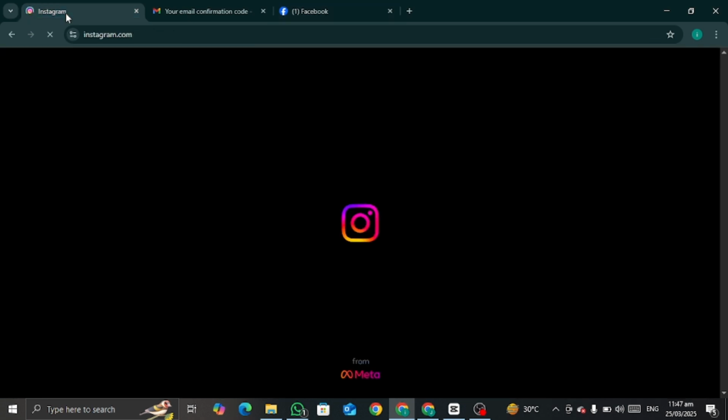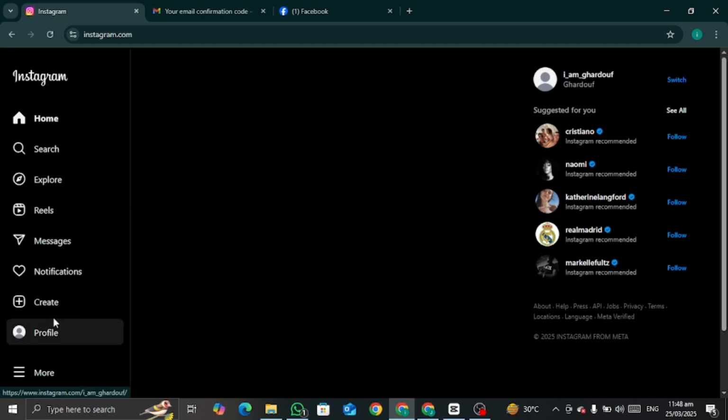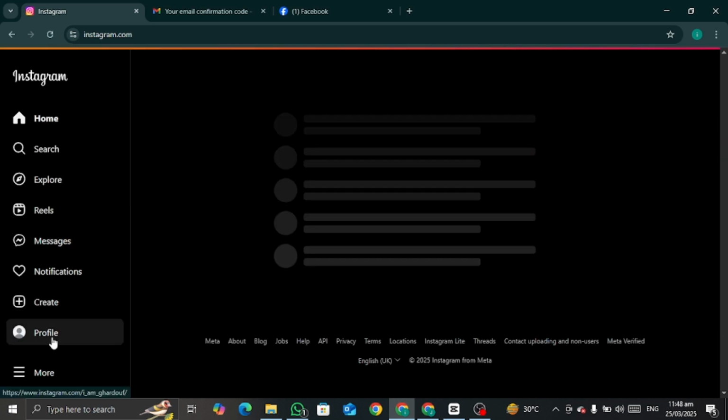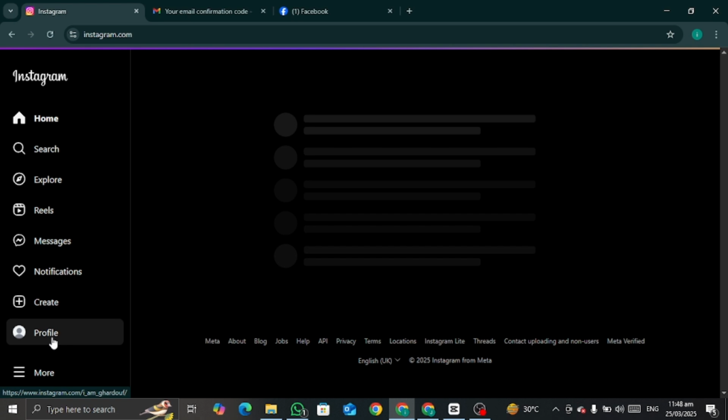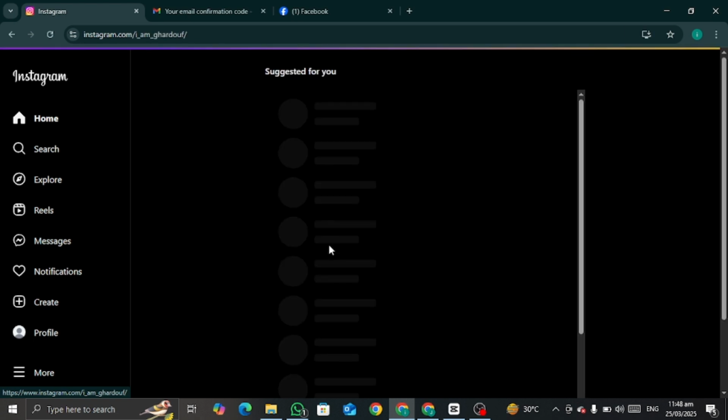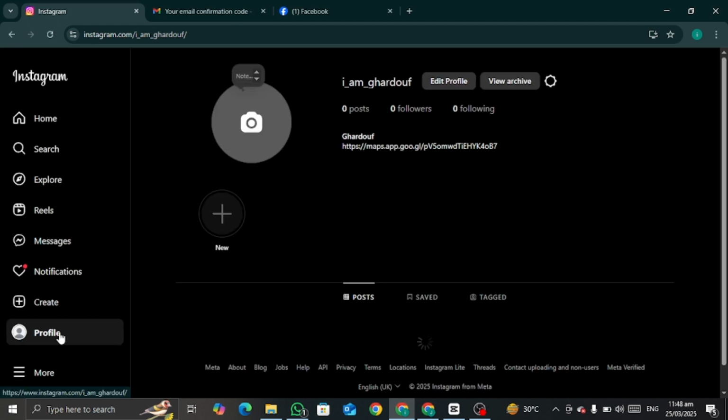Now just wait for it to load. Now go to your profile. As you can see that there is a camera sign on the profile. Just click on the sign